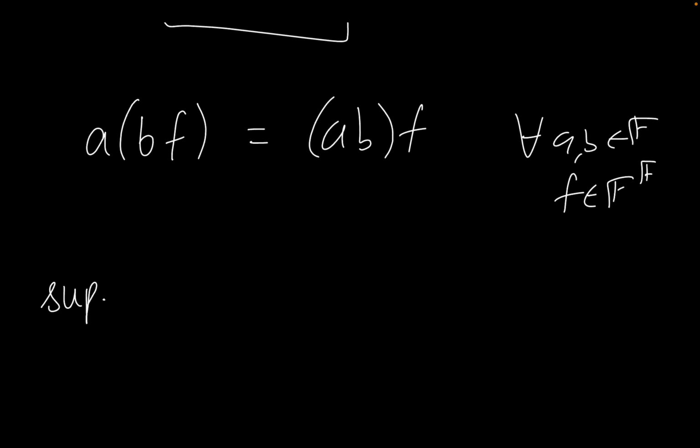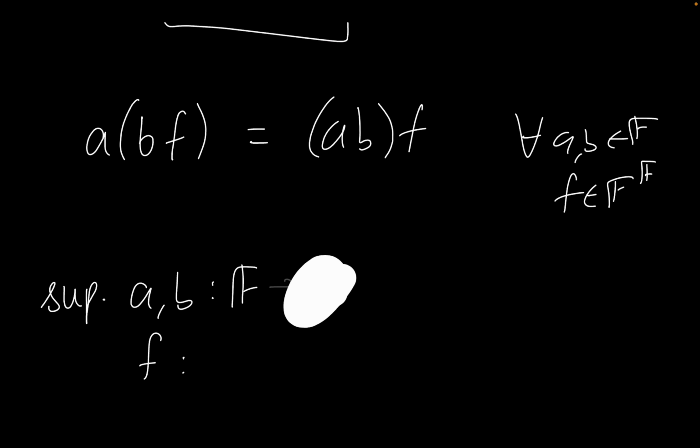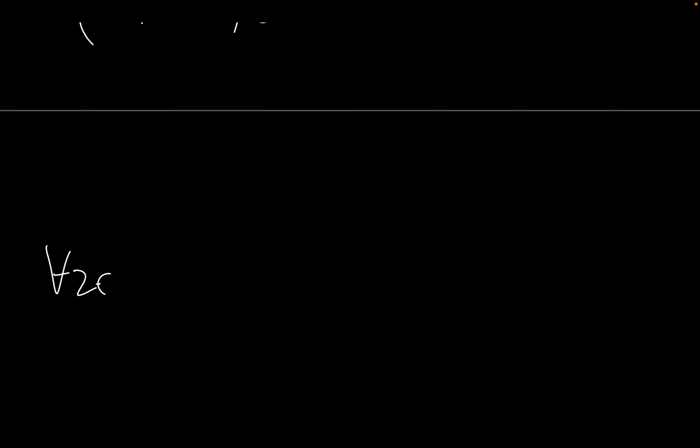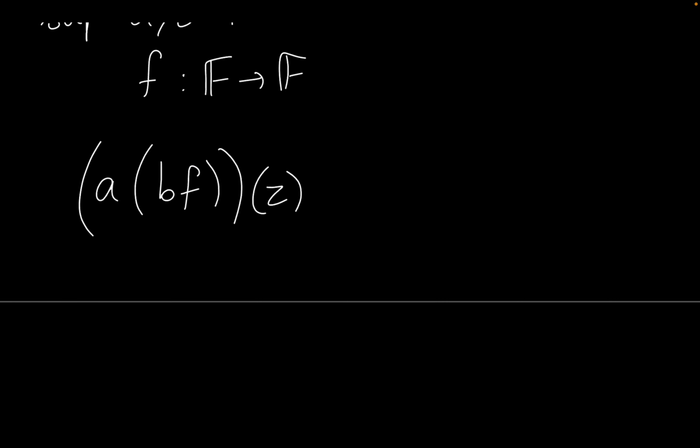So we're going to suppose that a and b are two scalars, and suppose that f is a function from F to F. So we have a times bf, this entire thing acting on z, the input z, for all z in F. I should write that first, so I don't forget later. This entire thing acting on z is equal to